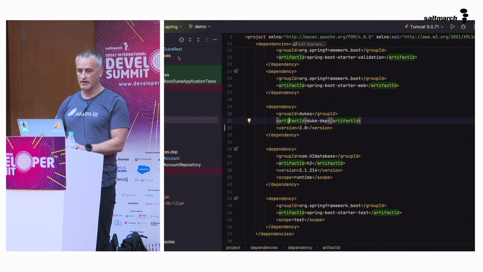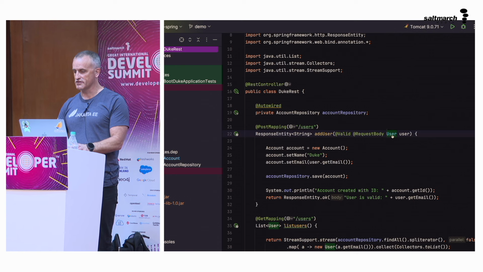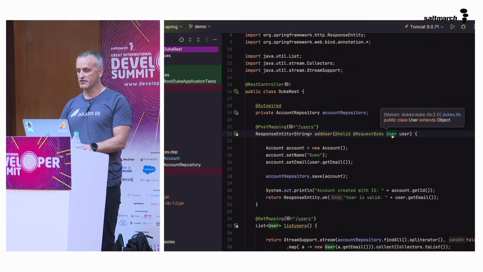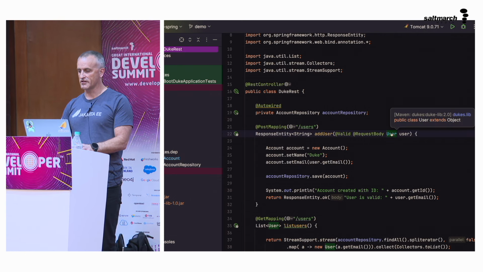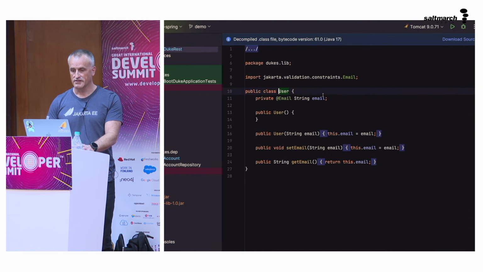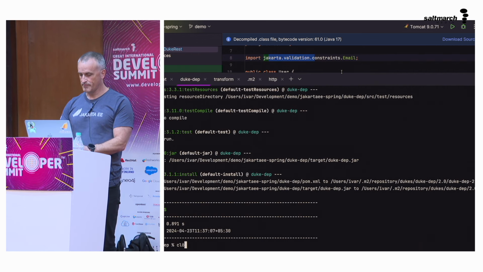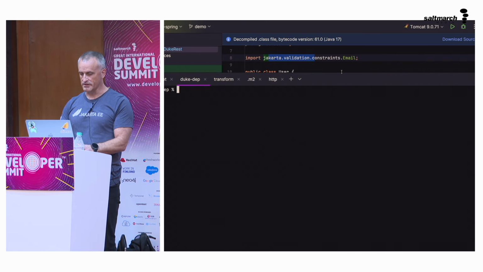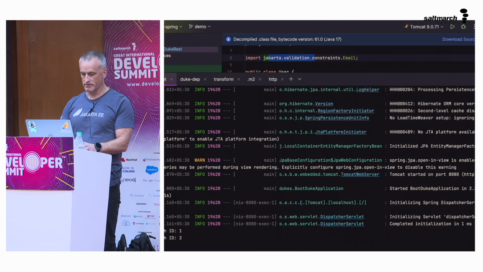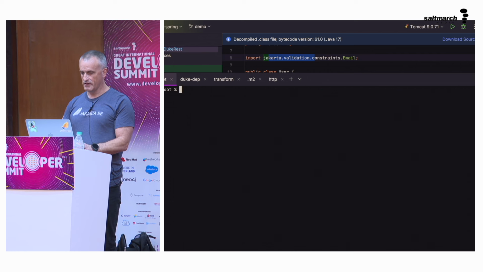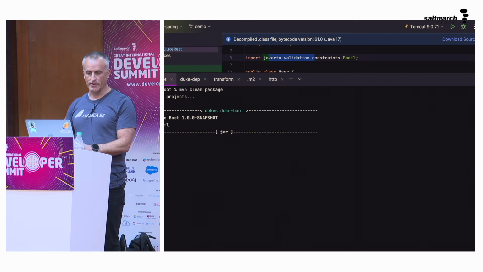So now I can look at the user. You can see it comes from the 2.0 of the duclib. So now I have the Jakarta validation namespace here in my code. The only thing I have to do here is to rebuild this one and restart it. So I'll just stop it, and then repackage it